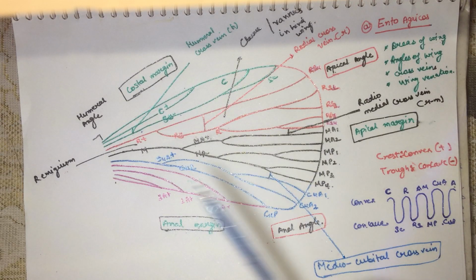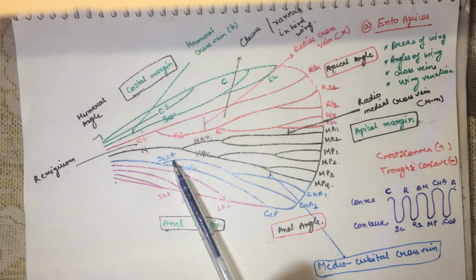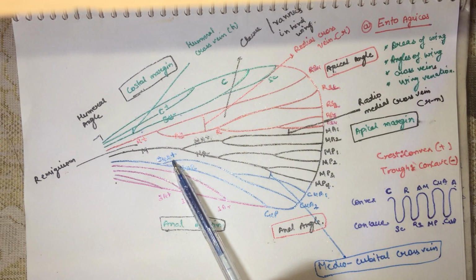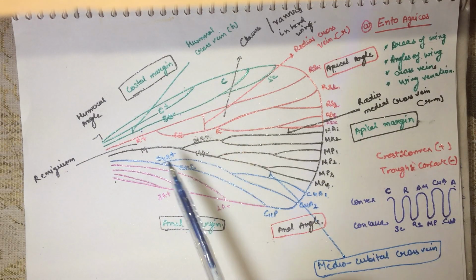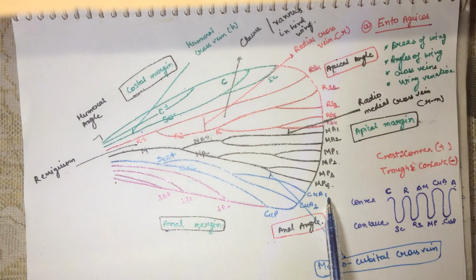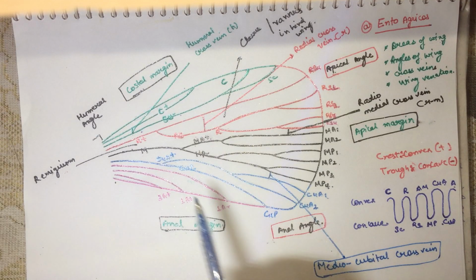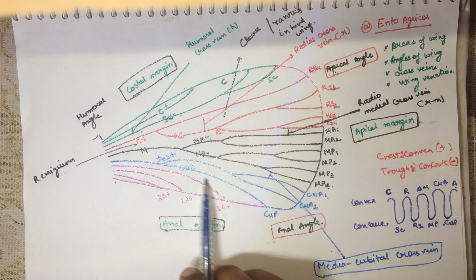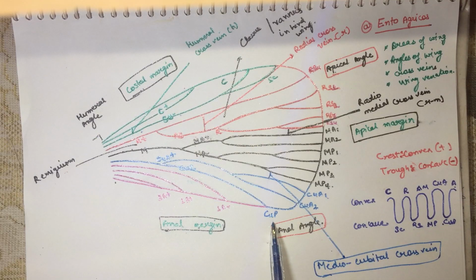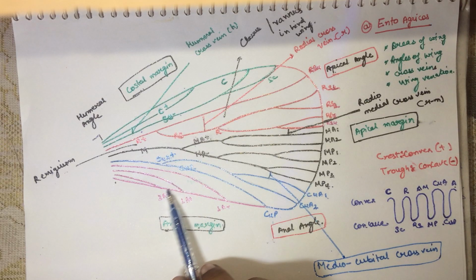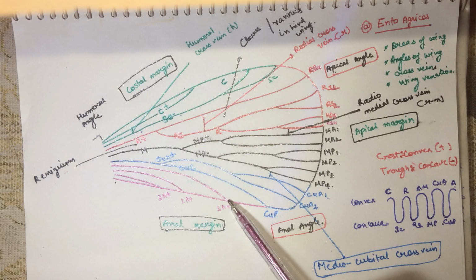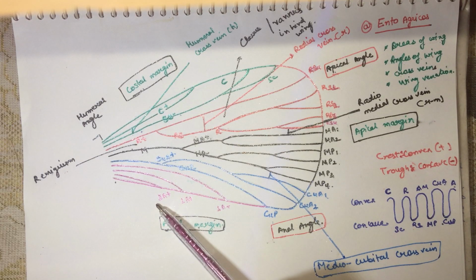Now another is the cubital vein, and this cubital vein is further subdivided into anterior cubitus and posterior cubitus. Among these, the anterior cubitus is further subdivided into 2, that is anterior cubitus 1 and anterior cubitus 2, whereas the posterior cubitus is not further subdivided. And the rest, these pink colored veins you can see over there, are the anals, and they are represented by anal 1, anal 2 and anal 3.